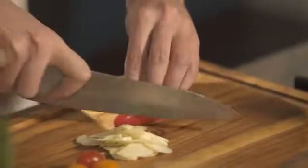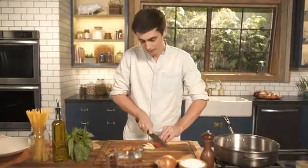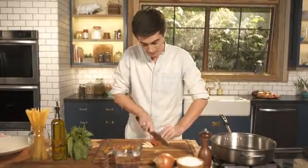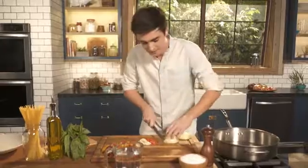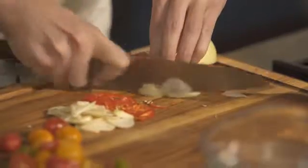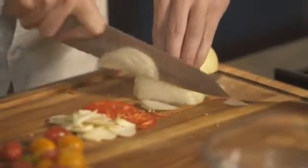The trick with this pasta, because it cooks so quickly, is to make sure that you have nice thin slices on your garlic, on your chili and on your onion. It just means that it's going to cook together quite quickly and quite fast, but you're also not going to get any of that raw flavour from any of those ingredients. So just nice thin slices on your chili, and then finally that onion. Just take the tops and the ends off your onion and then just finely slice on the vertical. You should be left with wafer thin slices of onion that is going to cook down and add so much